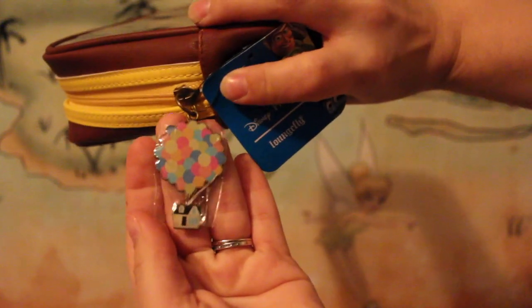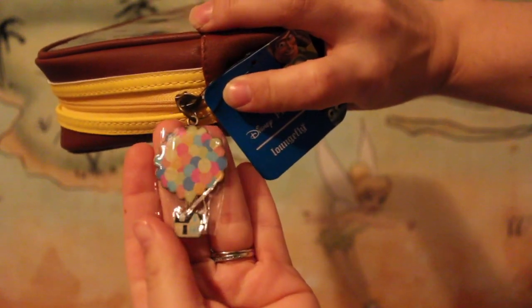Oh my god, I almost forgot to show you guys the best part of this. So on the big bag, the zipper is the little house with the balloons. I just about died when I saw the zipper. Literally I was in awe, and then I looked at my husband and I was like, oh my god, did you see the zipper? He was like, yeah. I was like,